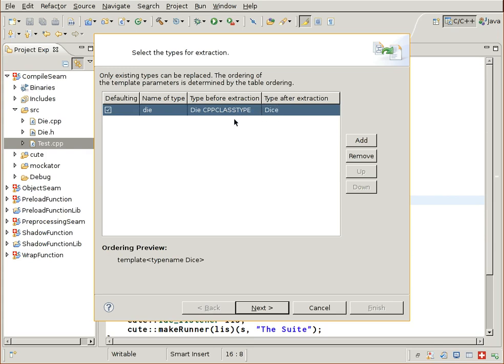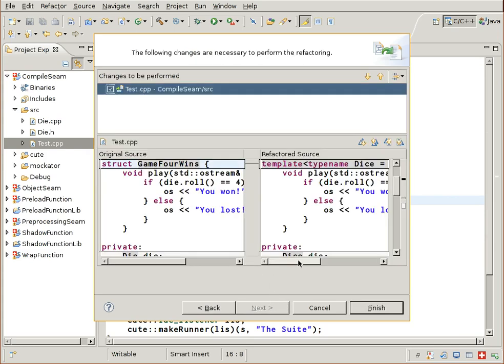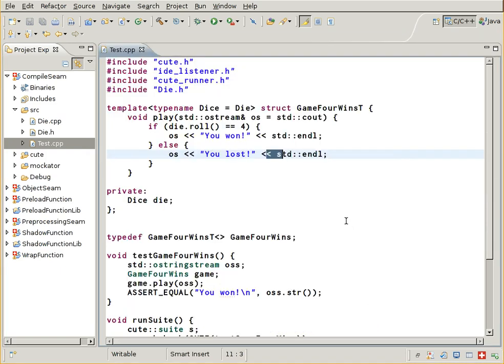Okay, and now you see it has added a template parameter with a default, and it also has changed the member variable to type Dice, and it has created a typedef, so we can still use GameFourWins with Die in our existing code base. But with our example we do not want to use Die, but instead want to inject the test double. So we use GameFourWins<T> here,